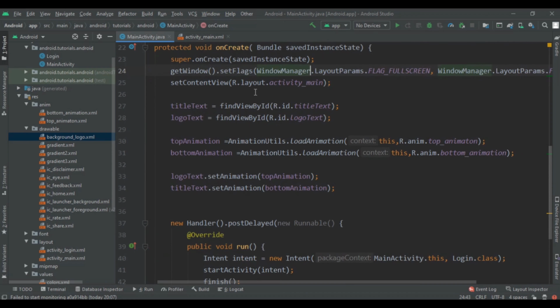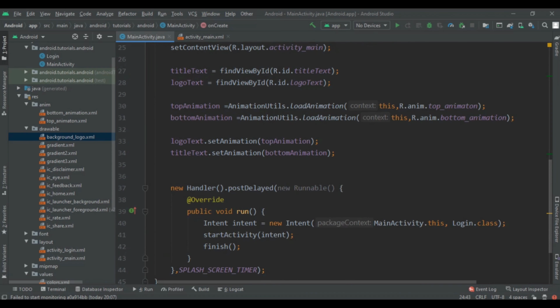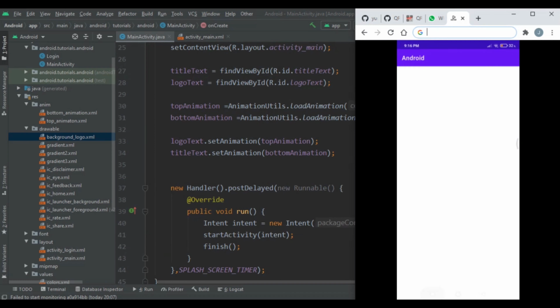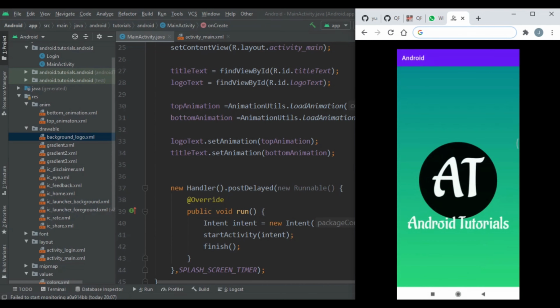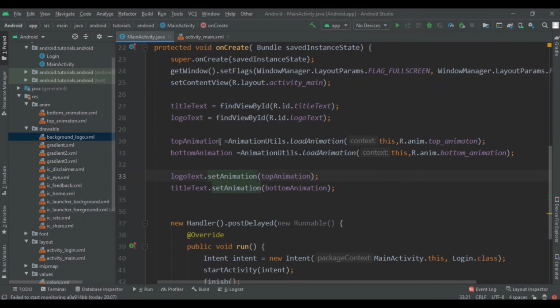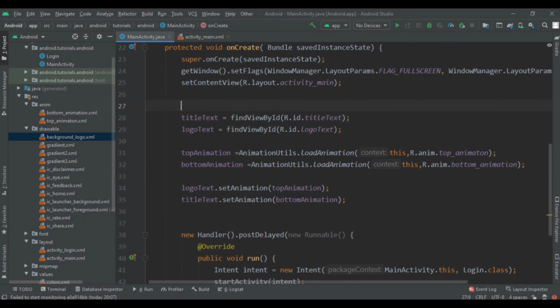After you write this, you will notice that the status bar is removed from our application. And after that we are going to write title text, and logo text, so here we implemented findViewById methods.